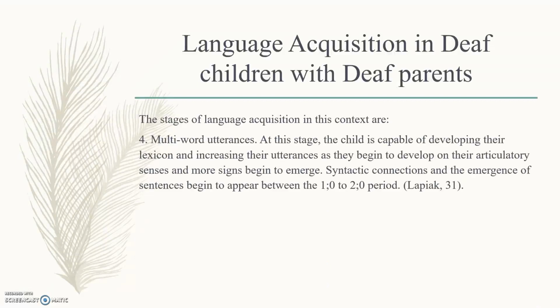The fourth stage, multi-word utterances. So at this stage, the child is basically capable of developing their own lexicon and increasing their utterances as they begin to develop their articulatory senses and more signs begin to emerge. So at this stage, syntactic correlations and the emergence of sentences also begin to appear. And according to Lapiak, it begins in at least that 1 to 2 year gap of a deaf